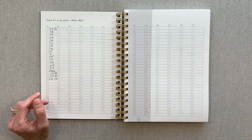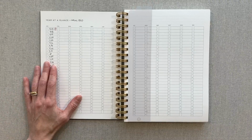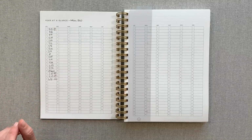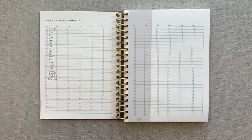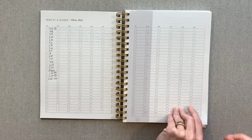I'm not counting any inside walks on the treadmill, like if it's raining and I go to my gym to walk. I'm not counting any runs that I do at my workouts in the morning. This is just my walks outside. I'd love to see at the end of the year how many walks I take outside. I'm keeping track of that on here, and how many walks I took with my son. So I'm kind of notating that on here too. I really hope I keep up with this year. We will see. Then I put a couple lined pages up front just for extra notes,